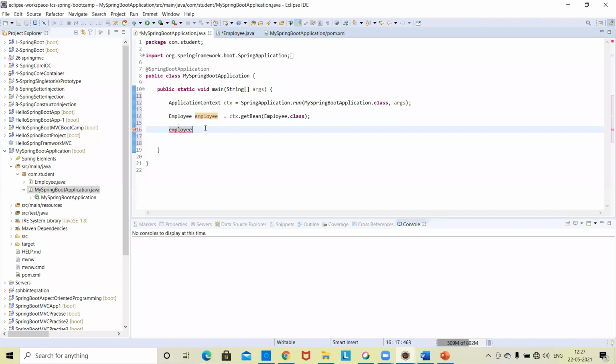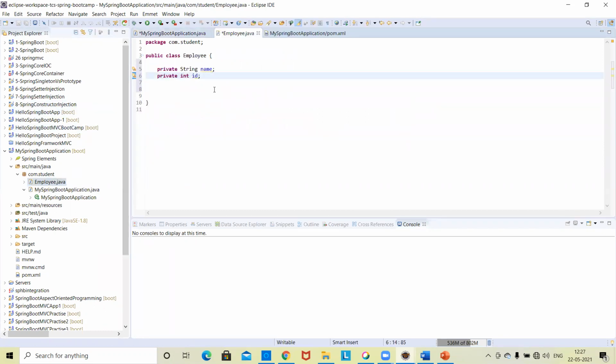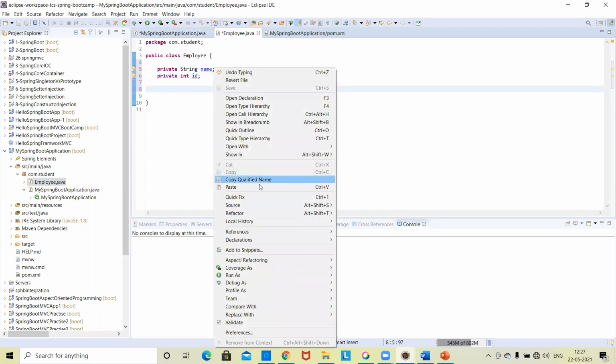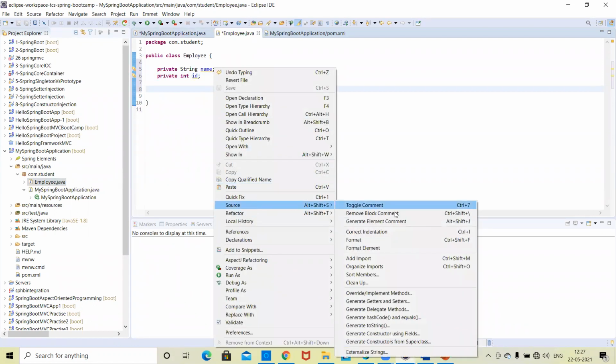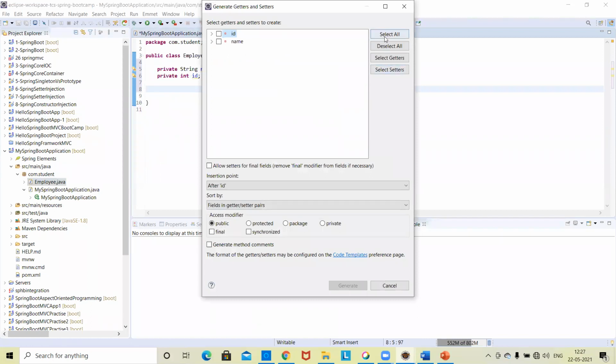Next, we need to connect with the employee class. This is a separate Java class and this is a separate class. What we need to do is connect them. Let me create the method here. Click on source, create the setter and getter, select all.